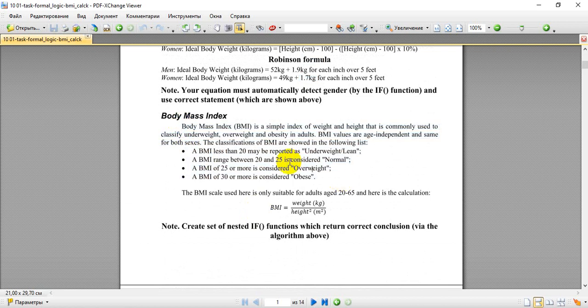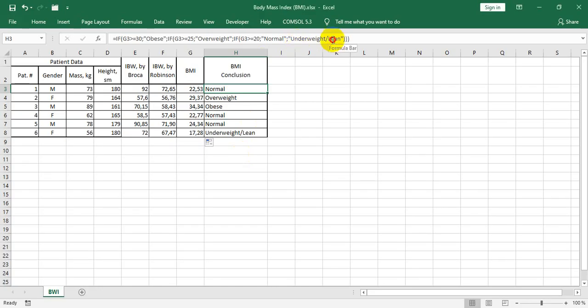We have statements to make some conclusions depending on the value of BMI. We can use a nested if statement as well. For example, starting from the greater value and chaining down to lower and lower values. For example, if we have a BMI index greater than 13, obese in this case, and